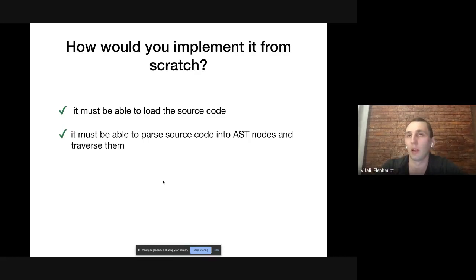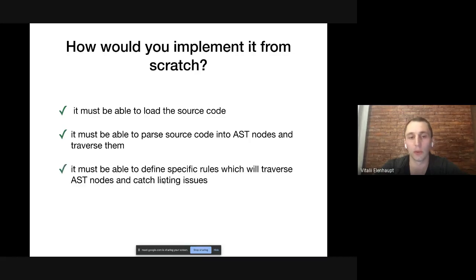AST means abstract syntax tree. So basically, we want to transform our source code into an object model, and that would allow us to work with it efficiently. We will see how it works later. So once we transform it to AST nodes,